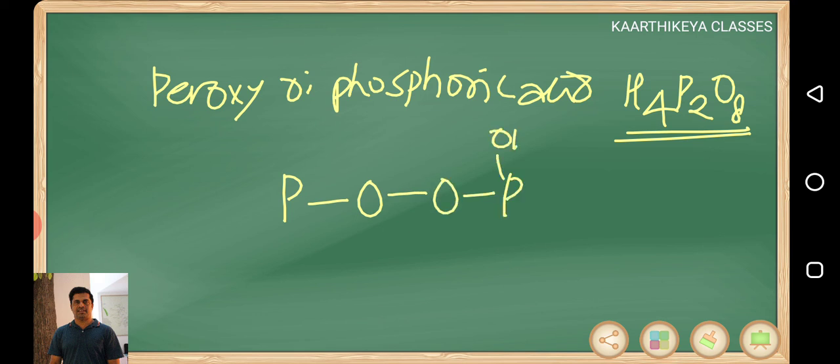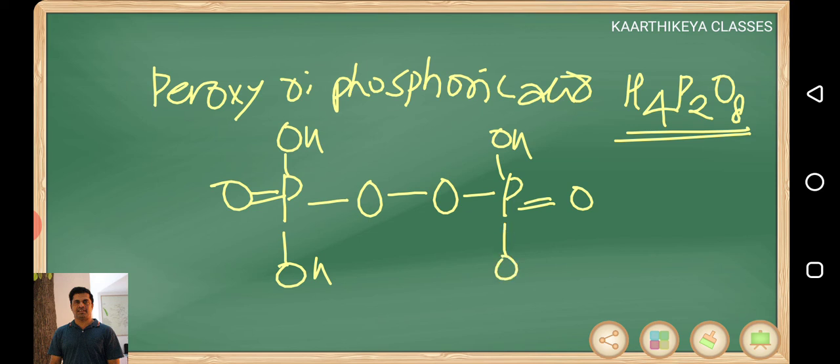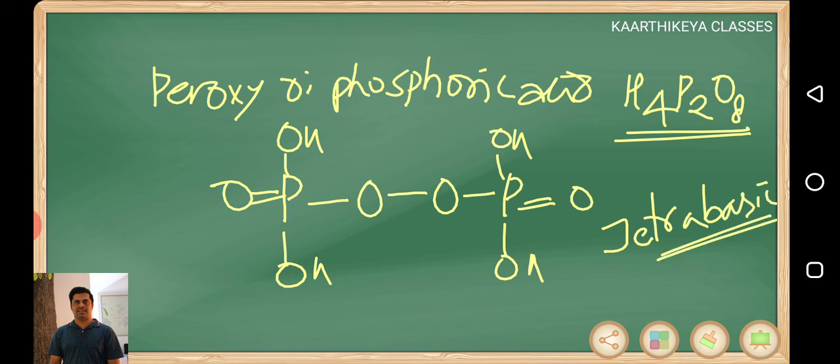These are not so special, but for your examination purpose only these are special. Not much stable. Peroxy bonds are all not so stable. Again 4 OH groups are there. So these are tetrabasic acids. 1, 2, 3 and 4. Tetrabasic acids. Okay. So total 10 plus 1 cyclic form I was saying.